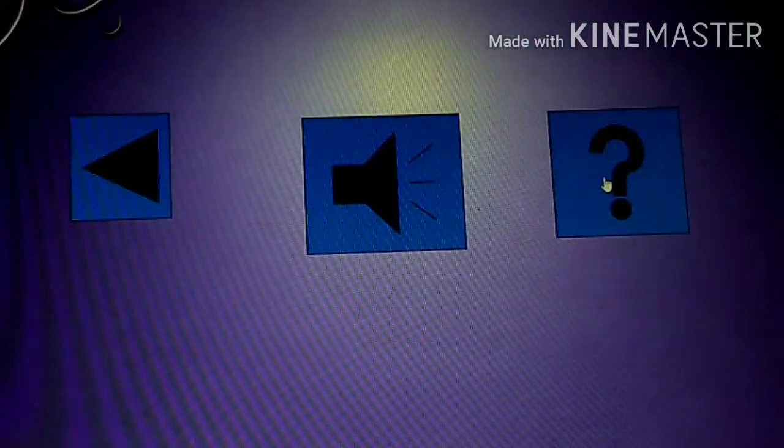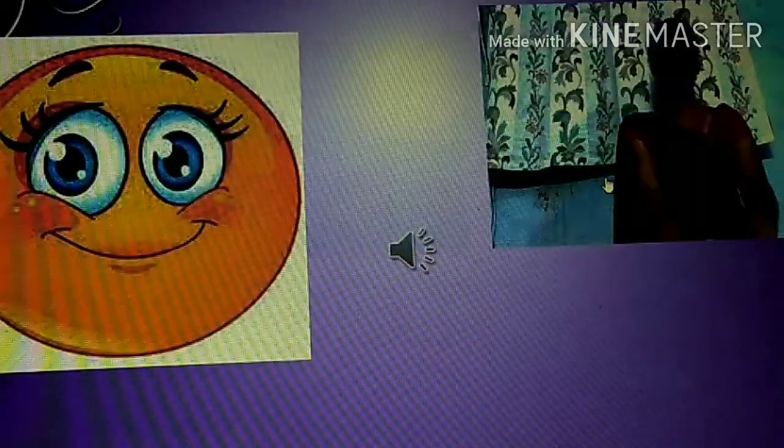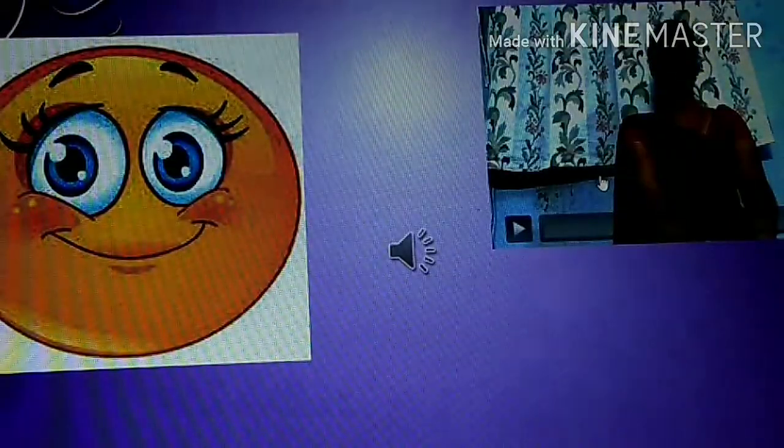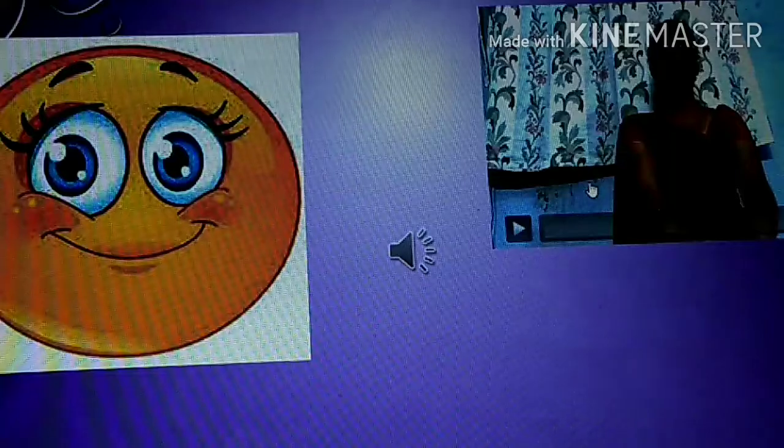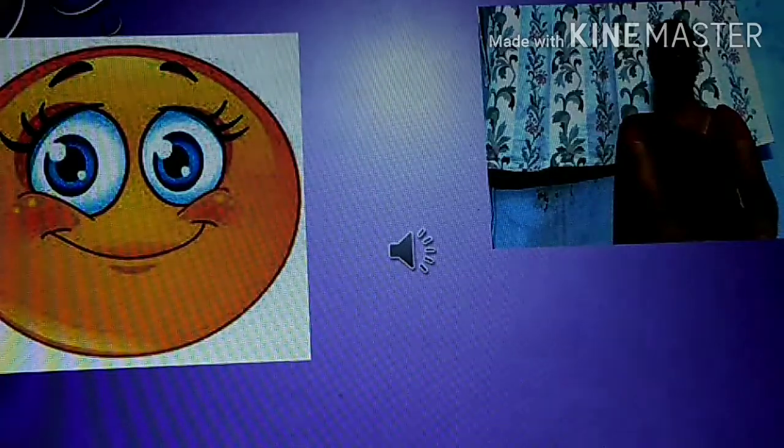When I click here, the cursor changes into a hand shape and it takes me to the previous slide. So like this, I could add the action button to my slide.